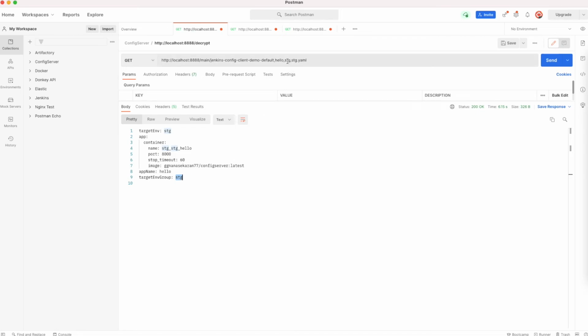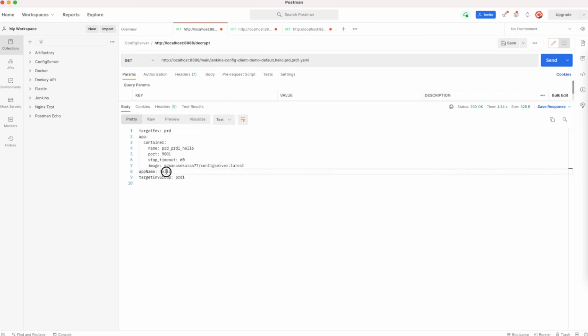For example, now I want to get it for production. So target environment is prod, and the group is PRD1. If I call that, you can see the port is changed, target ENV is changed, and target ENV group is changed.